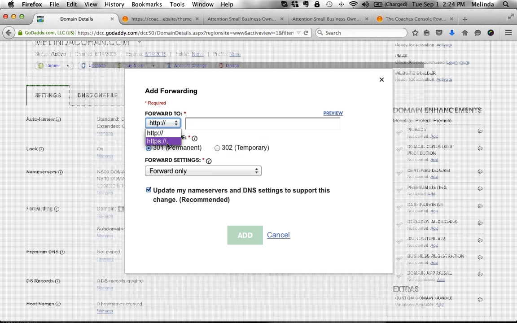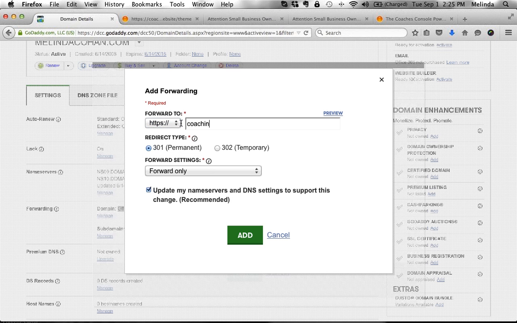Everything in your console system, just think of it this way: everything in your console system, we want to make sure is secured. So everything in your console system has secured pages. We want to protect your information, and as a result, it's HTTPS. That S is for secured. They're secured type pages. And so whenever you're forwarding, you always want to choose that HTTPS, S for secured, and